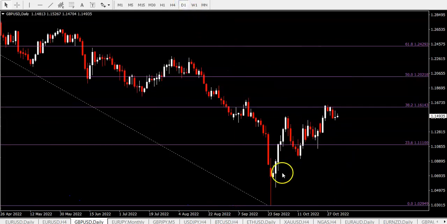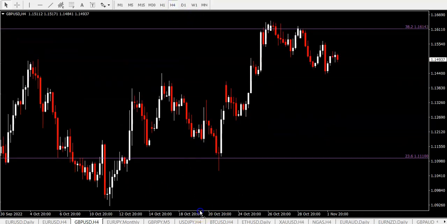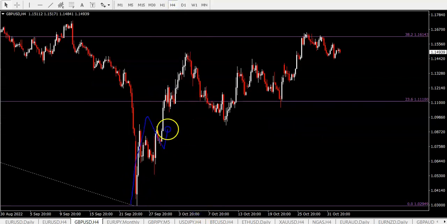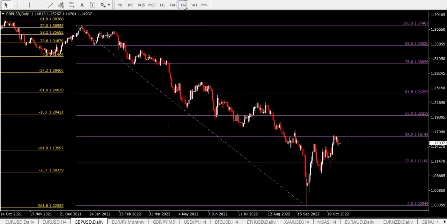And if we zoom in, it looks like an ABC pattern. I actually had earlier this week, I had it as a 5-wave pattern up. That's because I was looking at the 4-hour chart, and it looked a little bit like it was making a 1, 2, 3, 4, 5. So I thought it could be a wave A of a zigzag. However, I think about it more deeply now.